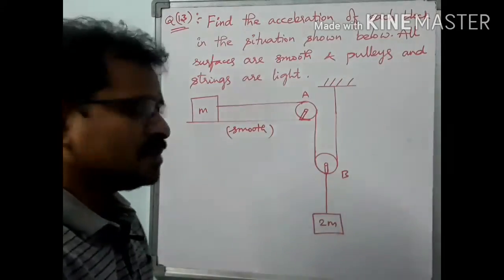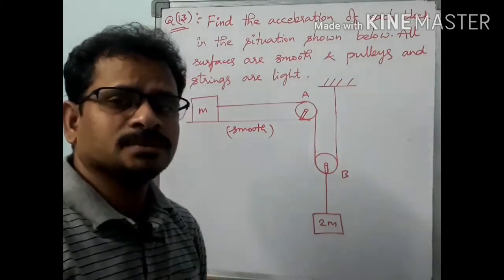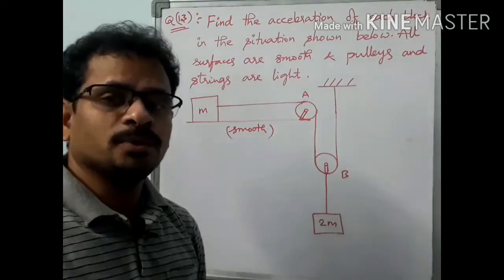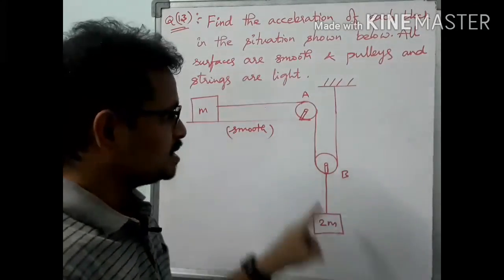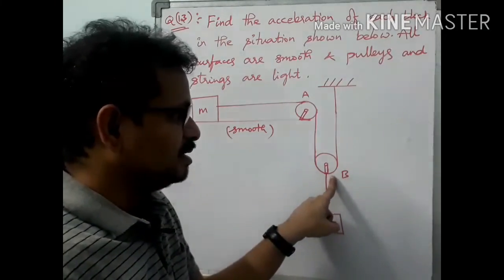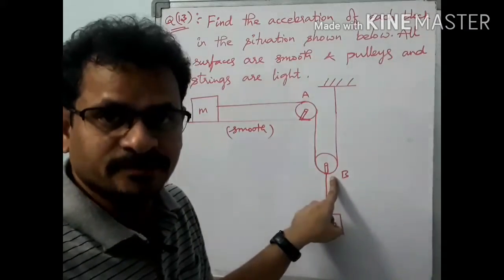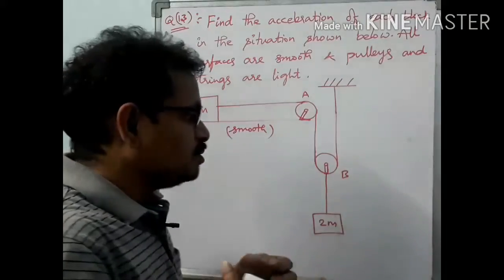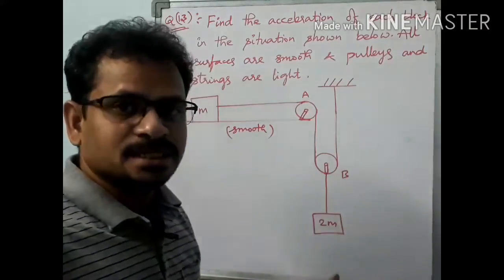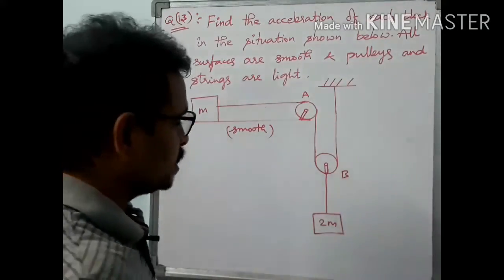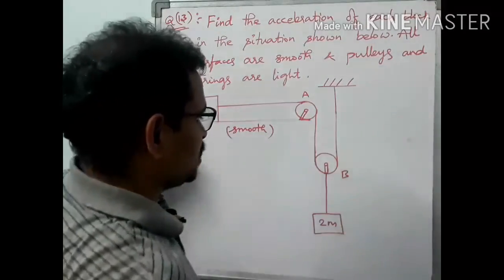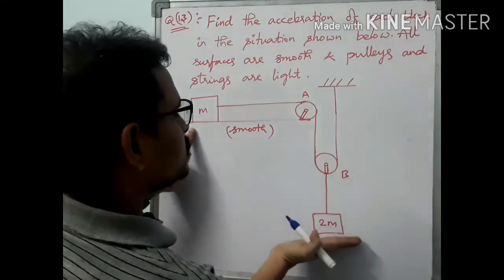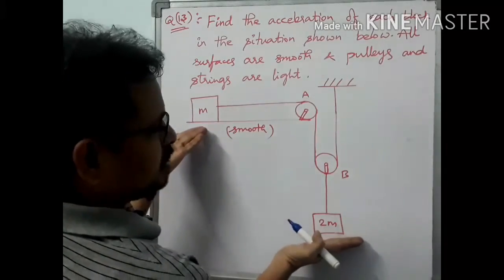See here, previously we dealt with problems using a single pulley or two pulleys, but fixed pulleys. Now this is the case where we have a free pulley here. This is not a fixed one, this is a free pulley. So in such a case we have to be careful while finding the accelerations of each object. Let us see what happens actually here. This is a smooth surface, no? And suppose we are holding this block like this initially. The setup is like this.